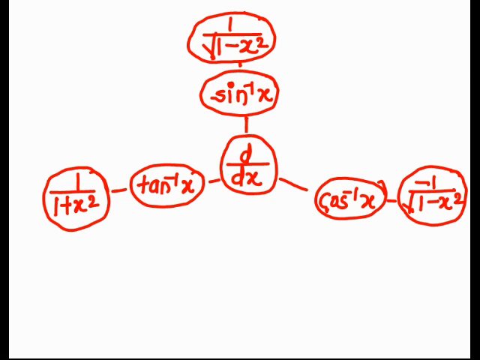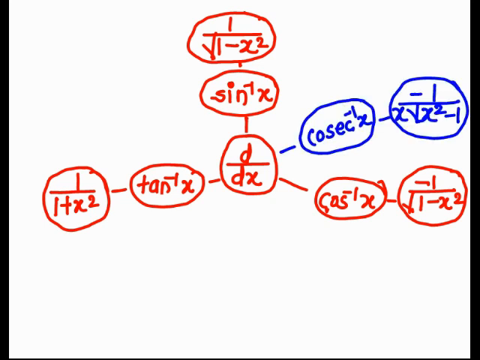Now the derivative of tan inverse of x is 1 upon 1 plus x square. Now we find the derivative of cosec inverse of x. So cosec is the reciprocal of sine. If you observe here, there is a plus 1. So here what we have is the minus 1. And previously we saw the derivatives of sine inverse of x and cos inverse of x are the same, but there is a change in the sign of the numerator.